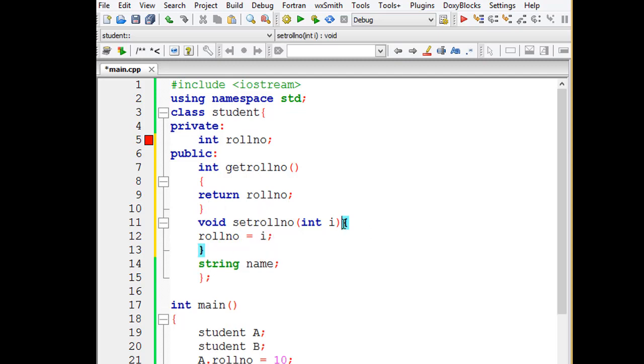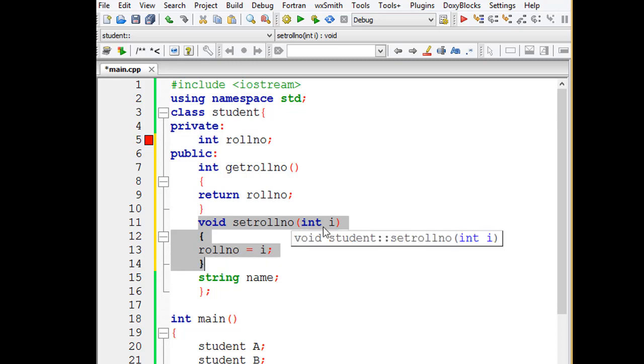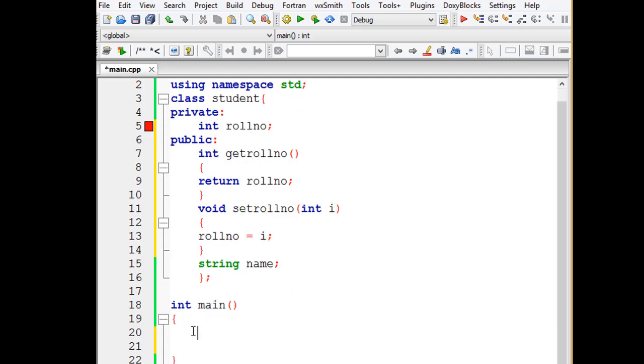So what is happening in this block is that it simply takes the value passed in the parameter as an argument and sets it into the private variable. So what is the next step? We simply create the object of student, A, and then we set the value using the object: A dot setRollNumber.